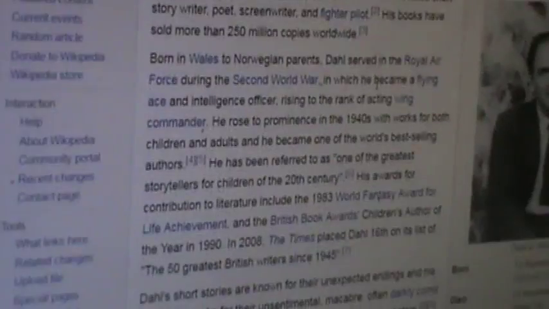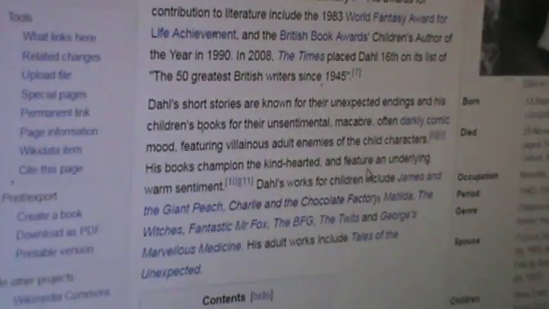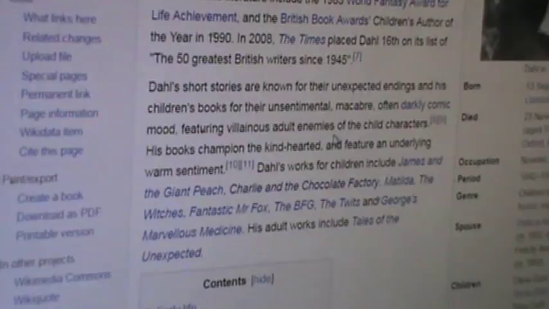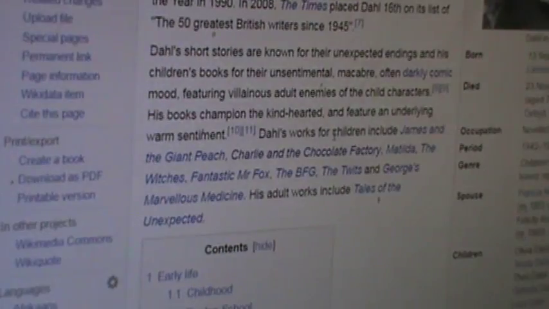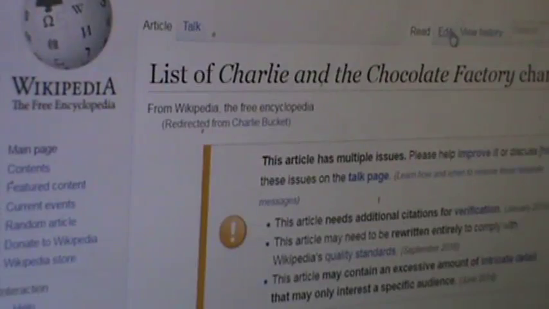And he was a great storyteller to children. Which was his most famous book? Oh yeah, James and the Giant Peach. That book was kind of creepy in certain parts. I wasn't as big a fan of that. I think Charlie and the Chocolate Factory is probably more... Yeah, there was some creepy stuff in his books. Like, I don't recommend a lot of these books. Some of them were actually really creepy and dark. Charlie and the Chocolate Factory is probably one of the nicer ones.